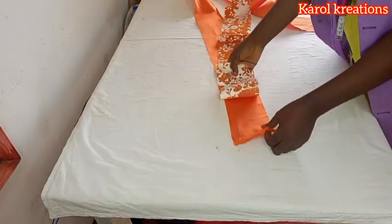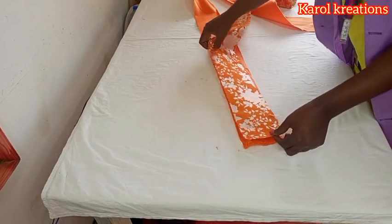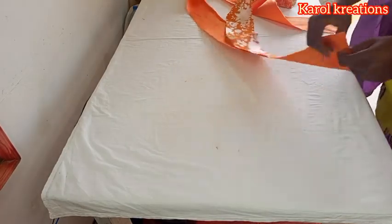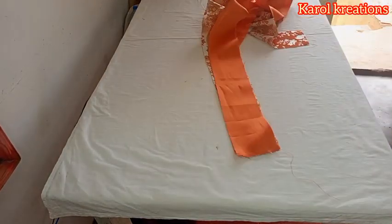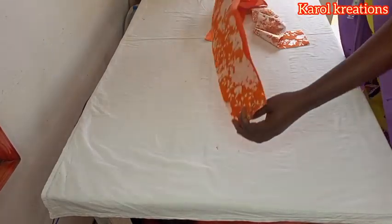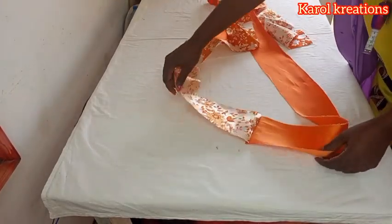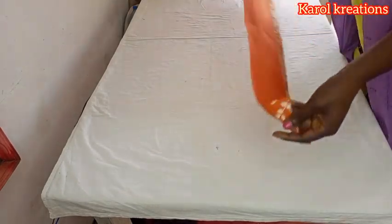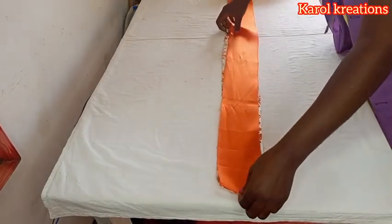So after having my long stripes, I'm going to join these 2 fabrics together, the plain and the flourish, and that line is going to fall at the center back so that one side of the band is plain and the other side is flourish. So this is how it looks. So I'm going to place the 2 together